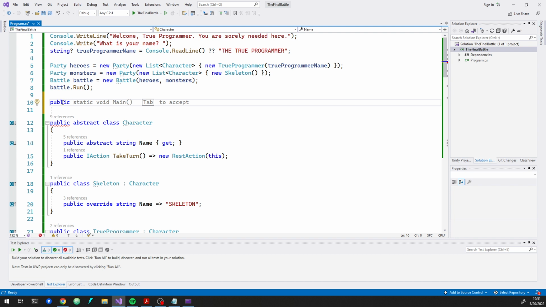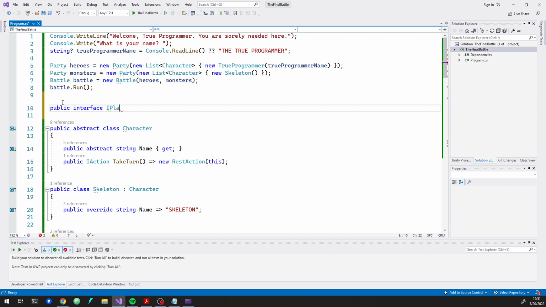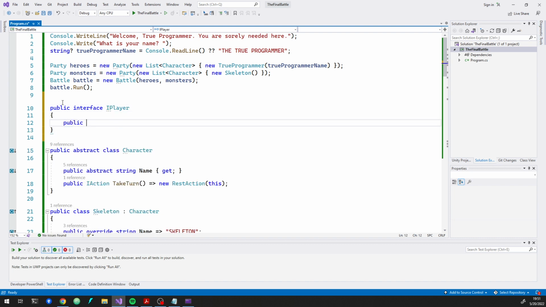If you don't have a good reason to use an abstract class, if you don't want to force a very strict type hierarchy, it usually makes sense to go with an interface. So let's do a public interface, and this is a player interface, and then this. So what we had here, this take turn, basically we're just going to move this over to here,